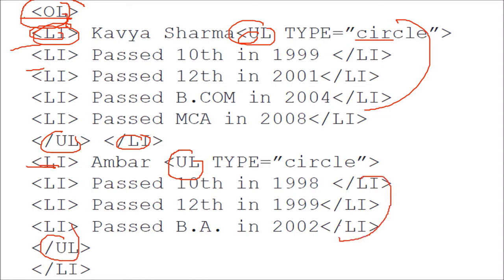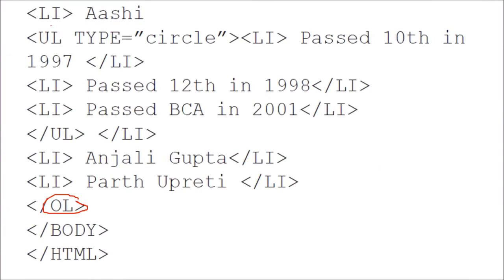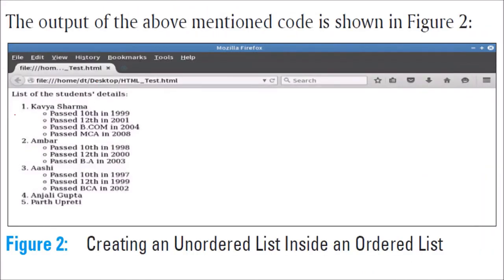So all these inside a UL will be an unordered list, and this will be an unordered list, and this will be a proper list with numbering. These two we haven't given anything, so this will be just like any 1, 2, 3 type. If you see the result, this will be Kavya Sharma, all these in bullet form, these in number form, and for these two we have not given any unordered list, so they will only come in the ordered list.